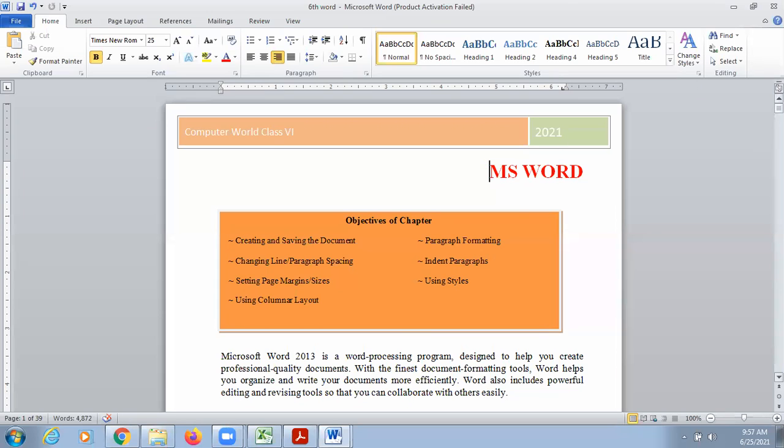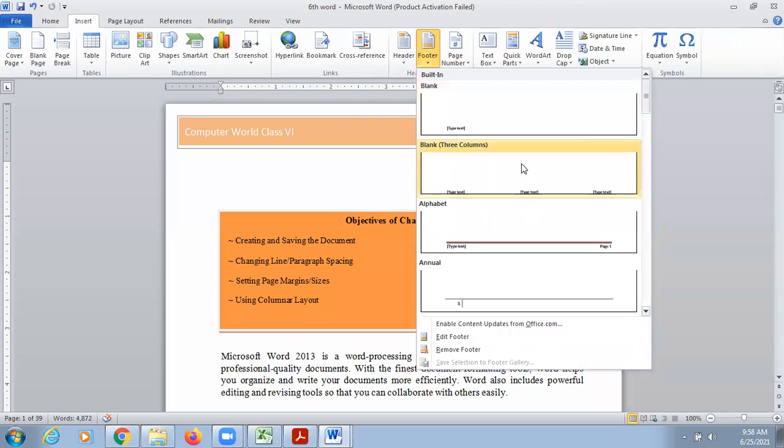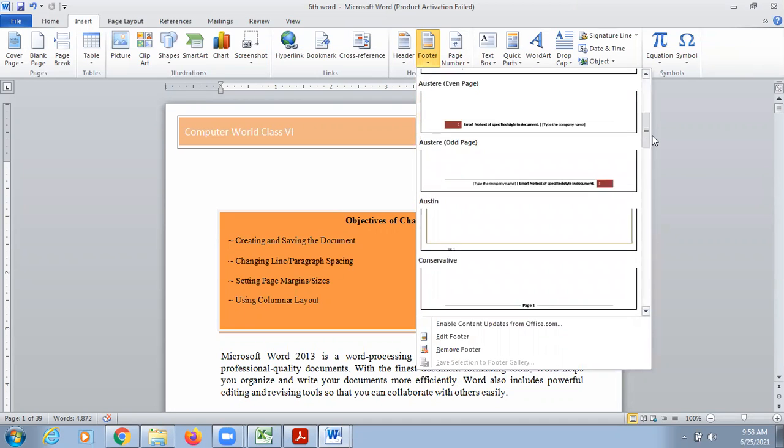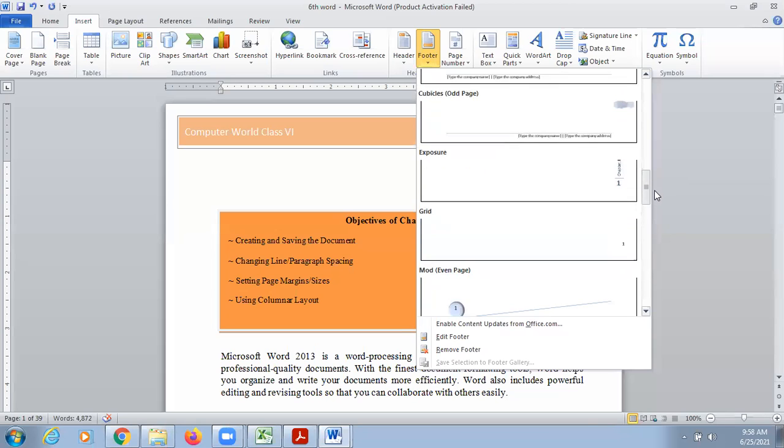Okay, now I'm going to add the footer, and I want to add page numbers as a footer of the page. So go to the insert tab, there is the option of footer. You can choose the style of footer. These are the different styles.